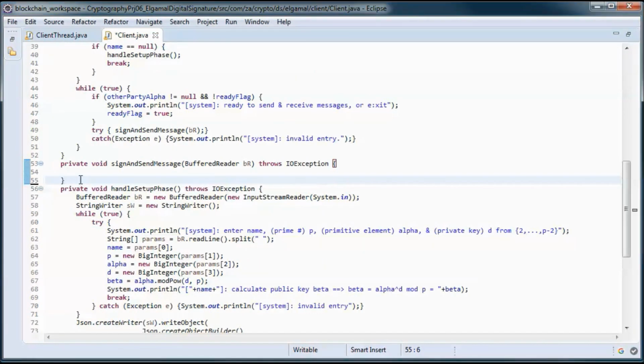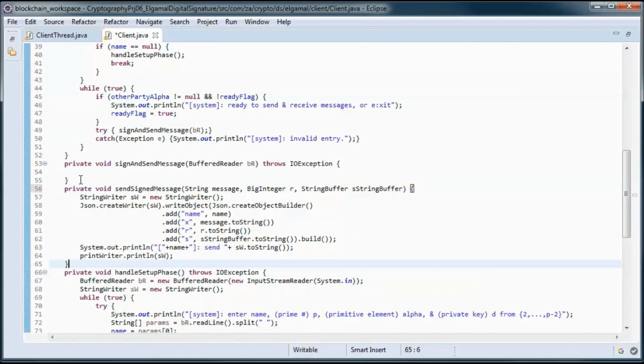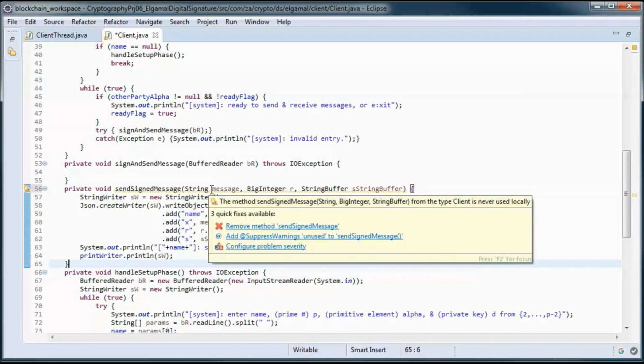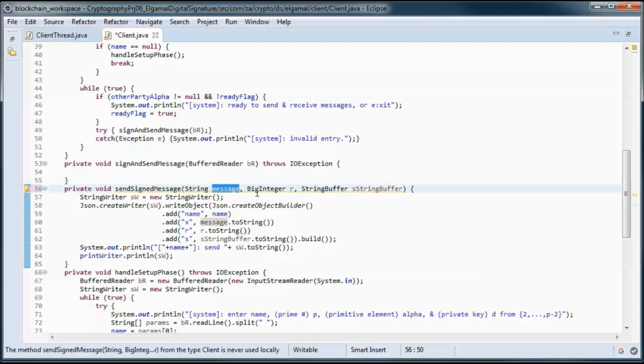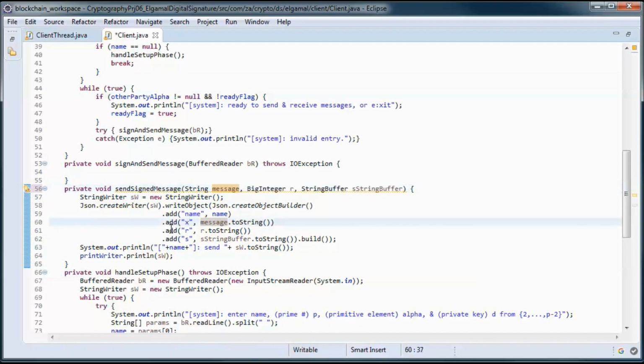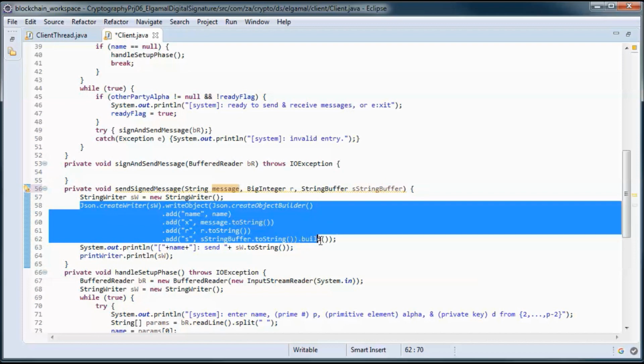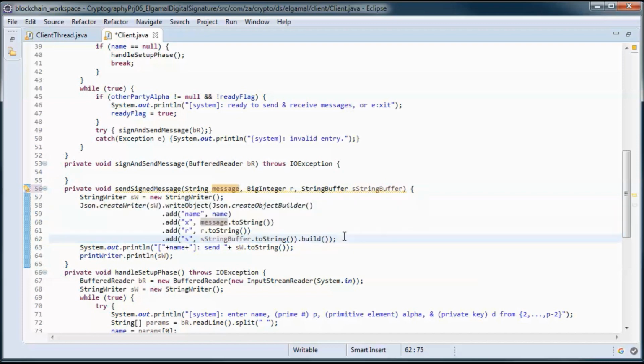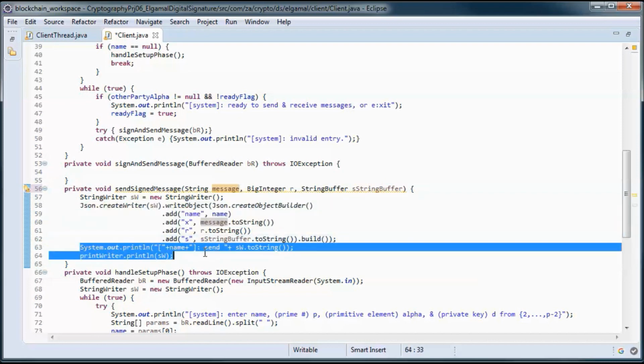And this method handles the sending of signed messages. So it takes in a message and R and S, and packages those in a JSON object and sends them.